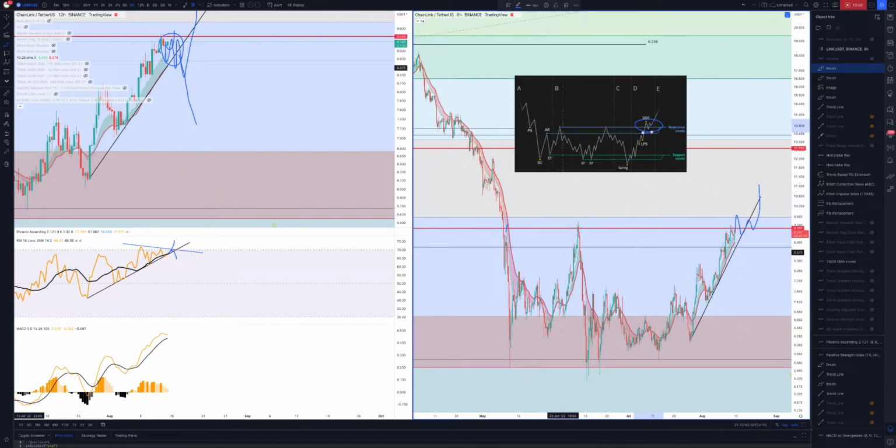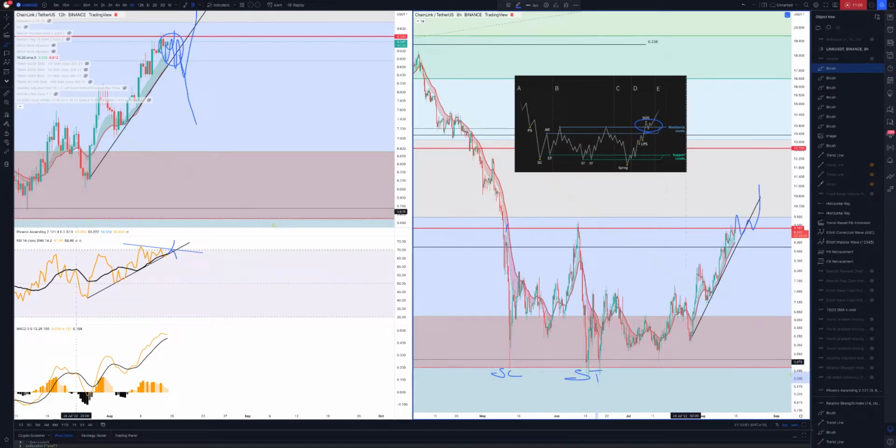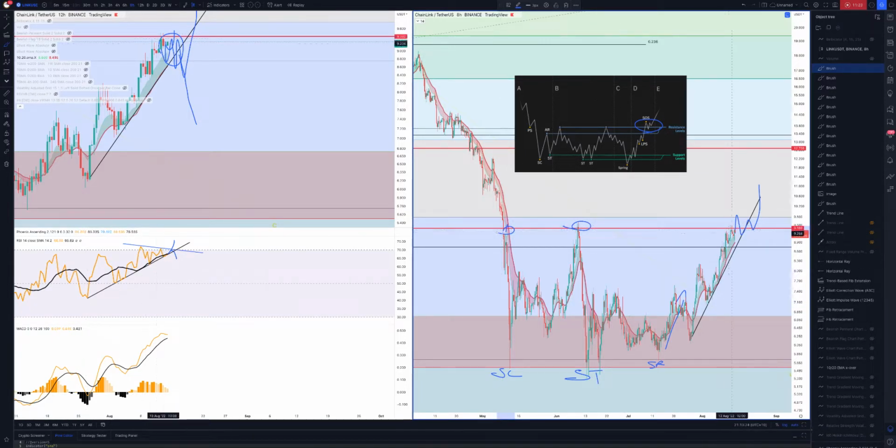So here is our, so this is our selling climax, secondary tests. It's pretty much aligned, isn't it? The spring, this is one model, the other one is pretty much the same. So that's our spring. And off we go. So that's pretty much in line with this. So you can see that line, and there is our main resistance, pretty much.